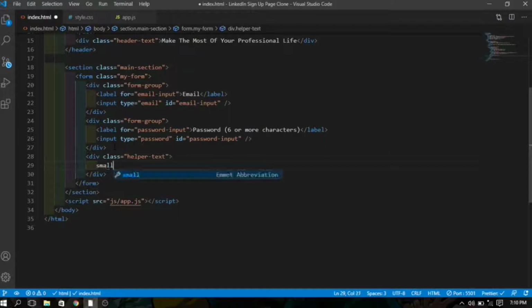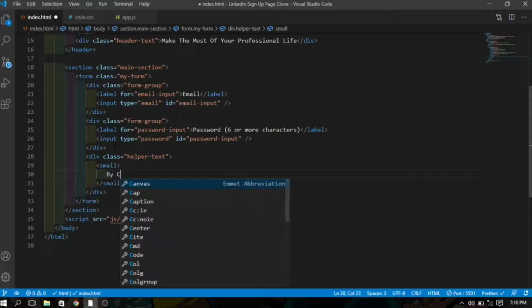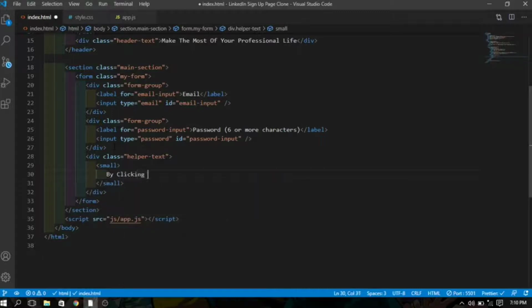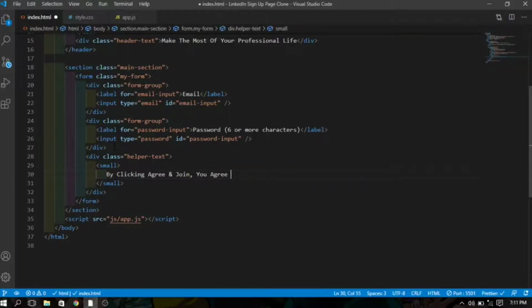And inside I'm going to have a small tag, and inside the small tag I'll say "By clicking Agree and Join, which is going to be the button, you agree to the